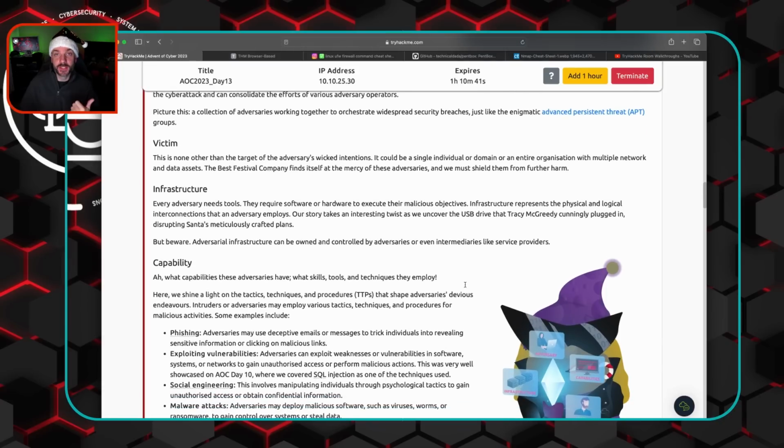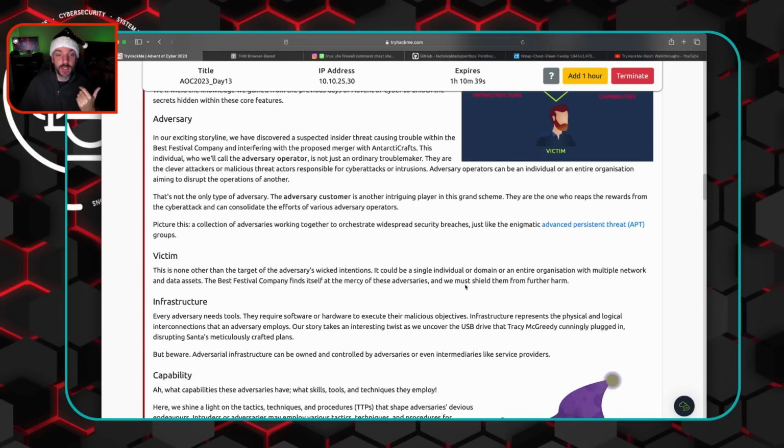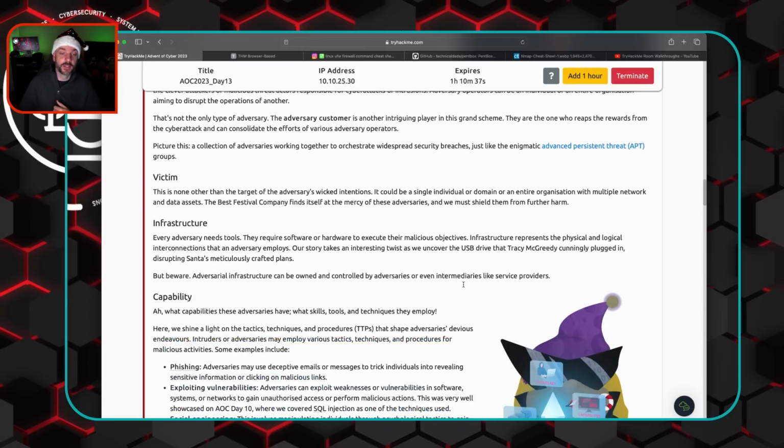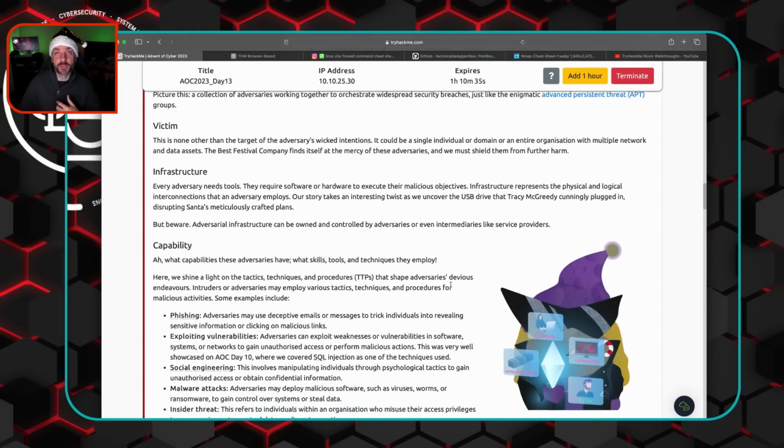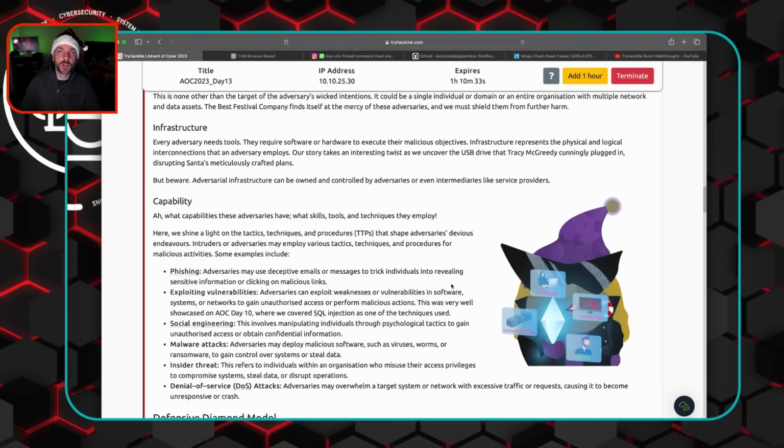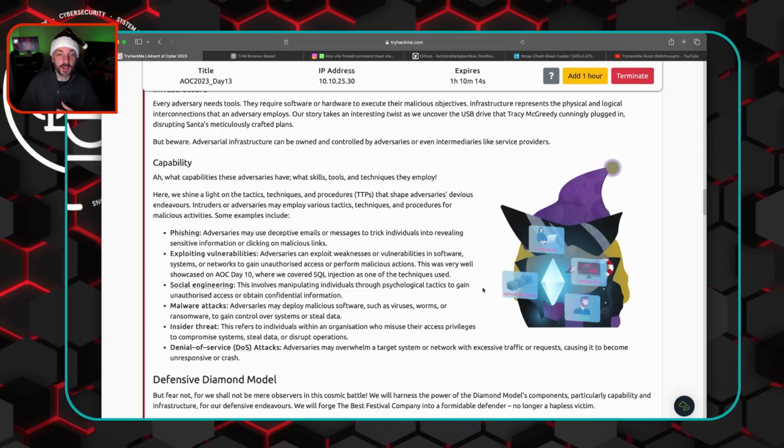So we have the victim, we have the infrastructure, we have the adversary, and the last part of this diamond model is capabilities. And there could be a whole lot of different capabilities. These are kind of what we're aligning back to TTPs, or tactics, techniques, and procedures. These could be a whole collection of different things. It doesn't mean that an adversary is only going to use one of these, probably going to be using multiple types of capabilities. Some examples that they provide here are adversary using phishing, so using deceptive emails or messages to